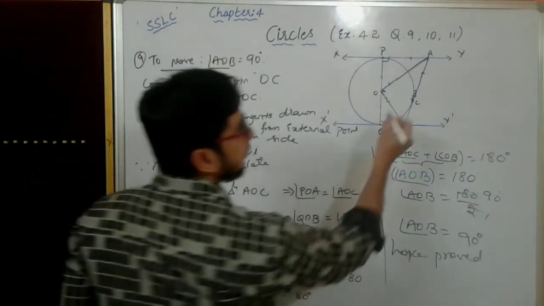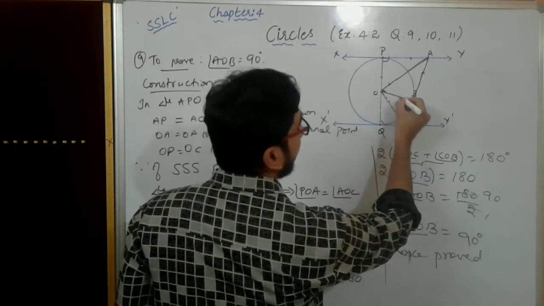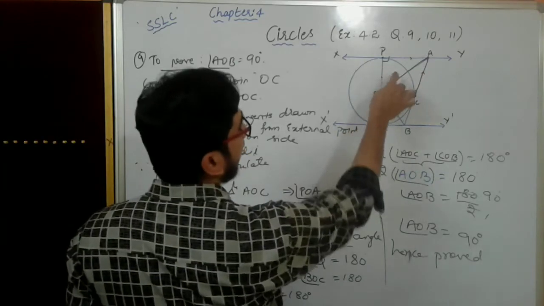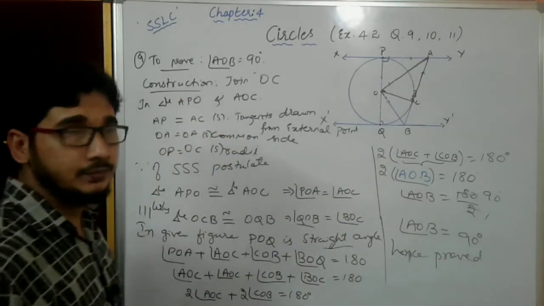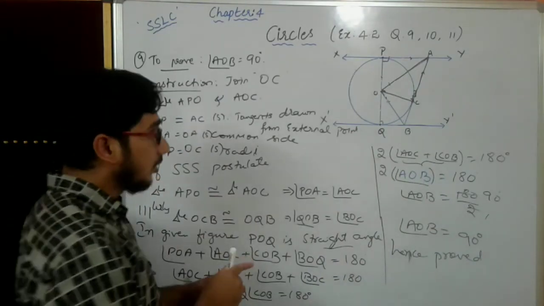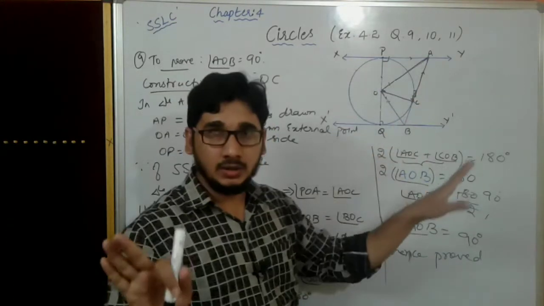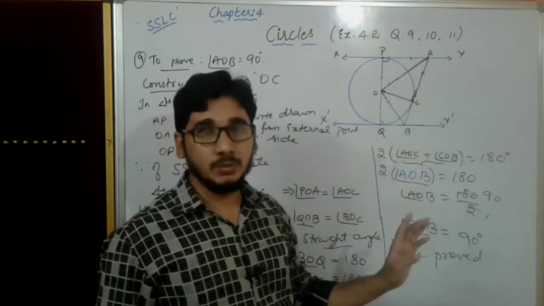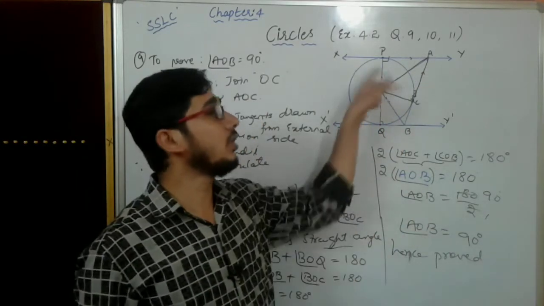Construction: what? This point of contact is there, no? Draw the line for that. Then what will you get? Upper 2 triangles, bottom 2 triangles. You have to tell those 2 triangles are congruent. How do you tell? These 2 tangents are equal, done. Radius is equal, and AO is common. 3 sides are the same, so those 2 are congruent.